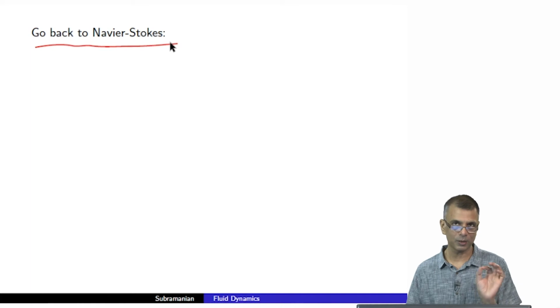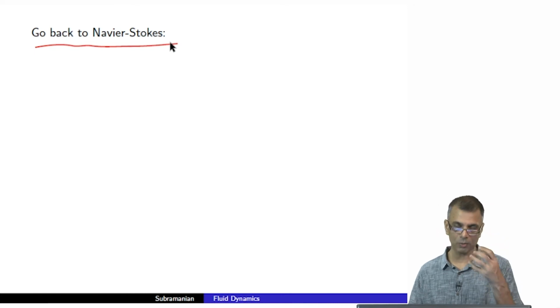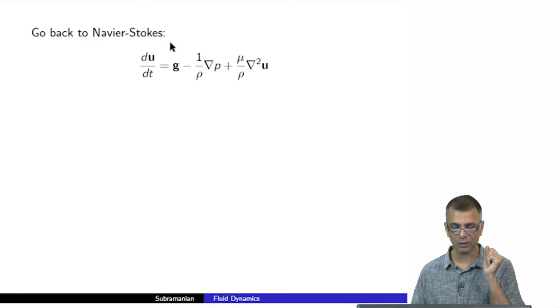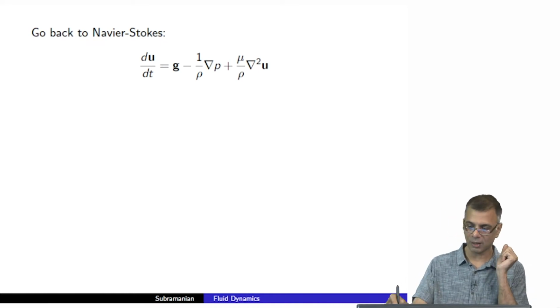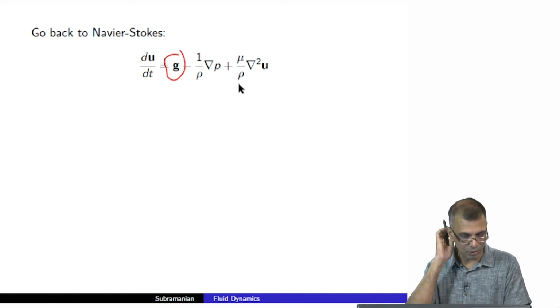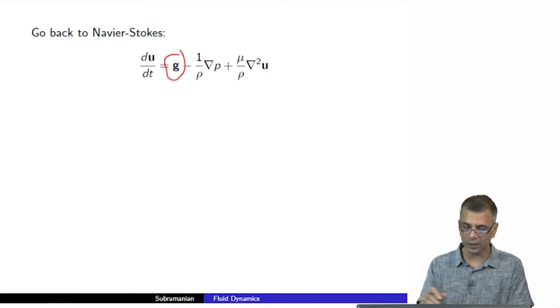We've already discussed this, but just to reinforce, let's now go back to what we were talking about, to re-emphasize the fact that the Reynolds number is really the ratio of the inertial term to the viscous term. So we go back to Navier-Stokes. Here, again, I've reintroduced the body force term. It's really not necessary, one might as well drop it, and without the body force term